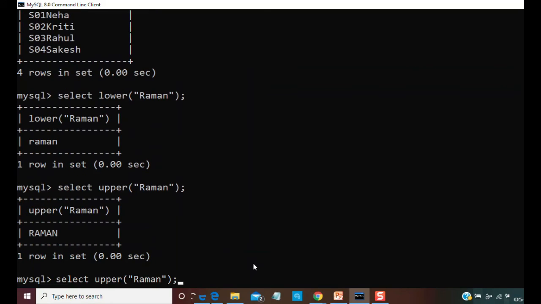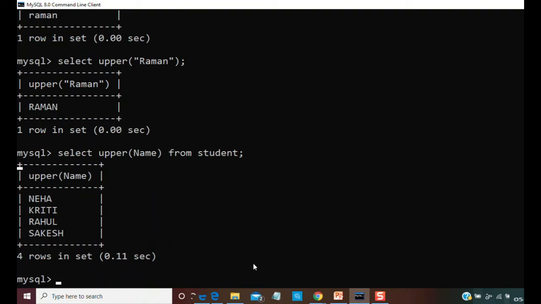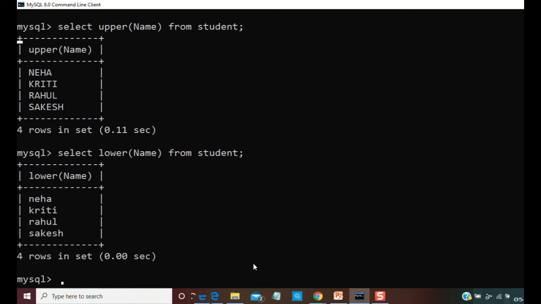I can also use the elements, or you can say column, of the student table, and I can get all the names in capital letters, as well as lower will let you have them in small letters. The next function is to extract a substring from the given string. So for that we need to write select